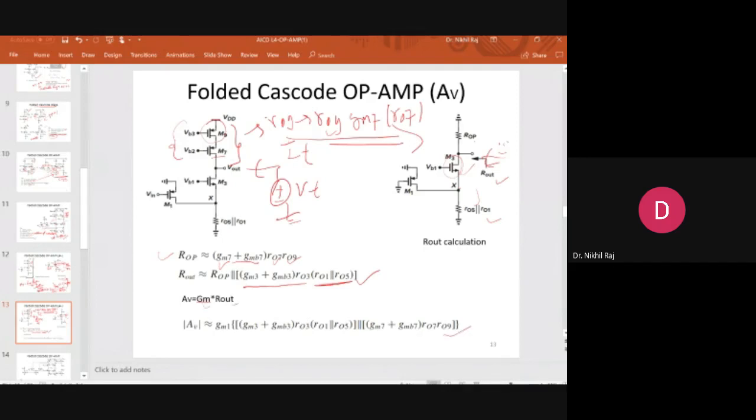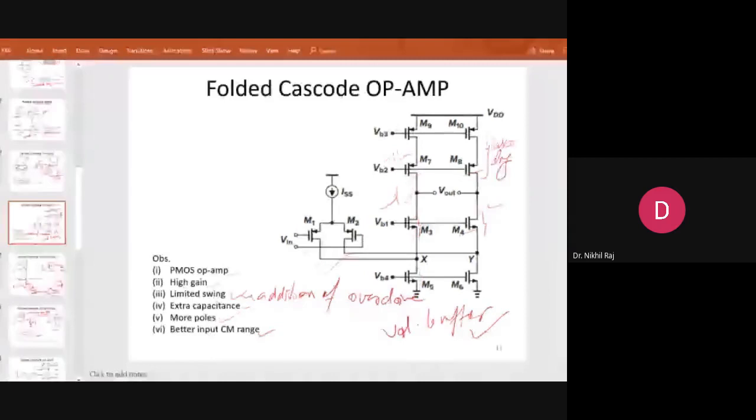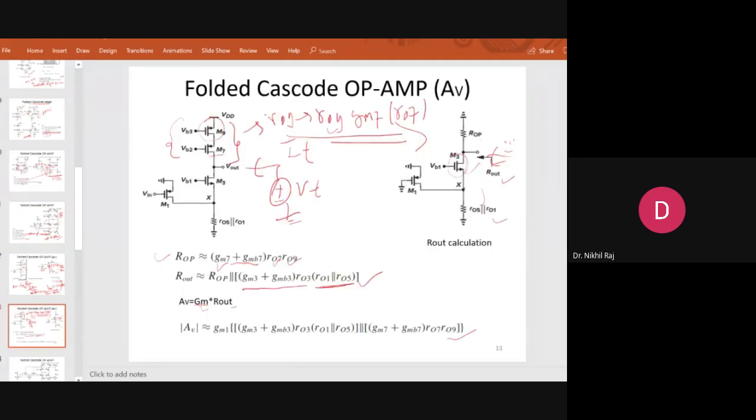So this way we predict the gain without drawing any small signal model, just by inspection. This is called the inspection method. Just by observation I can estimate the approximate gain. We cannot say the exact gain, we will always say the approximate gain will be near these values. If you were to do the small signal analysis of this model, it would be quite cumbersome and take a lot of time. So for a complex circuit we do the inspection and observation method, estimate the effective gain, and then tolerate some error between the measurement result and the theoretical result.